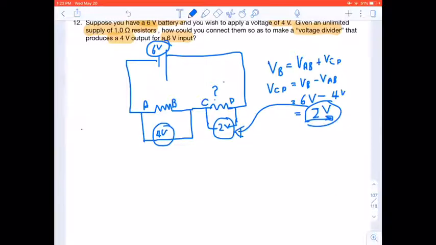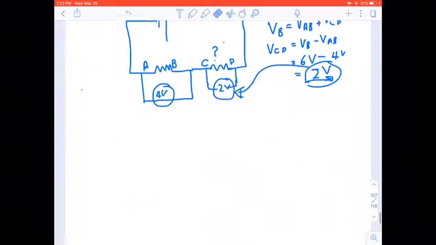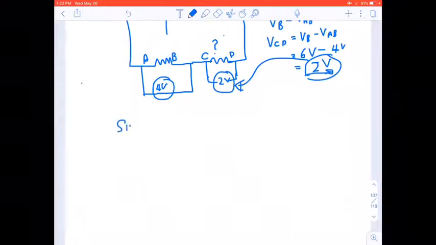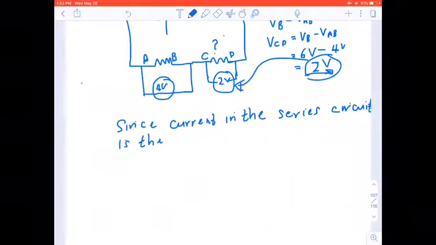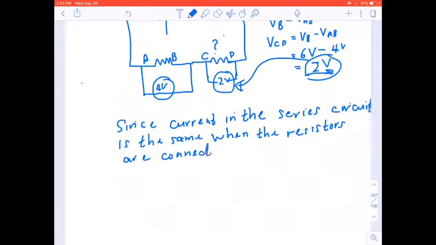So it's 2 volts. Right, now if we look at it, since current in the series circuit is the same when the resistors are connected in series. Okay,